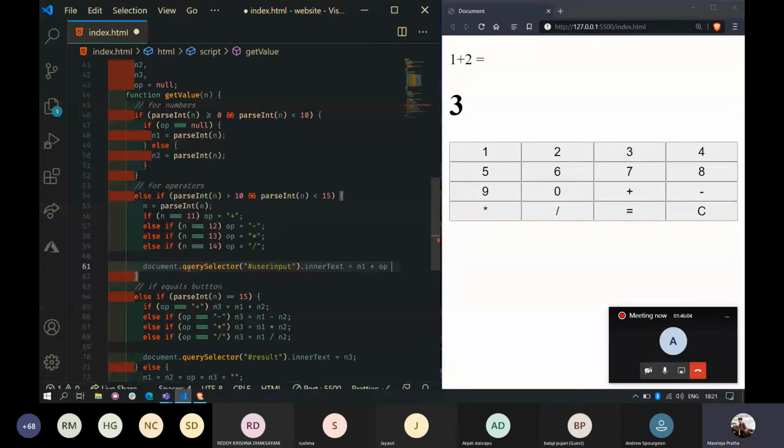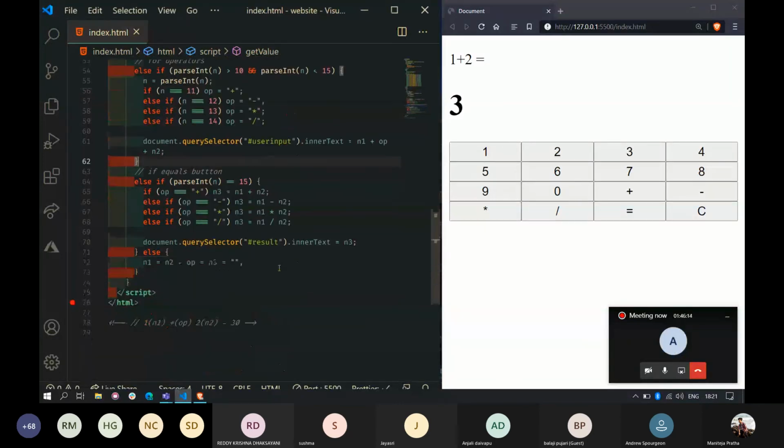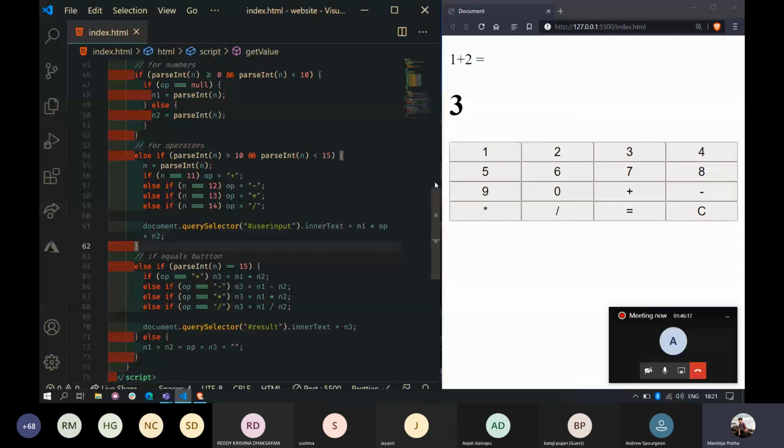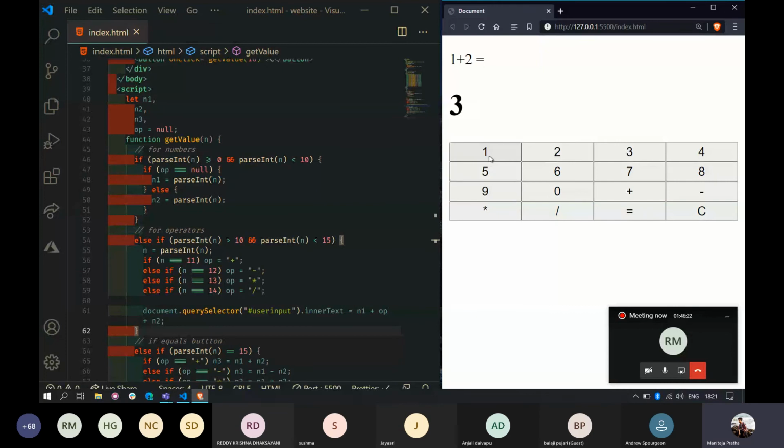Let's see. Okay, looks like it's not working. Whenever the user enters 1, it should be displayed over here, right? Okay, it's working but not properly. Okay, let's do this thing.